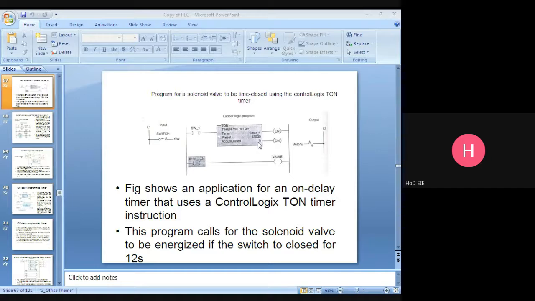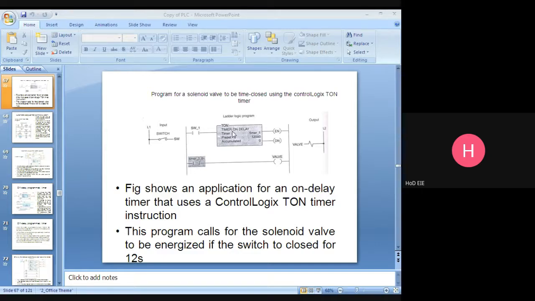The accumulator value will be initially 0. Preset value is nothing but 12 second. 12,000 means 12,000 millisecond they are given. 12,000 millisecond means 12 second. Timer 1.